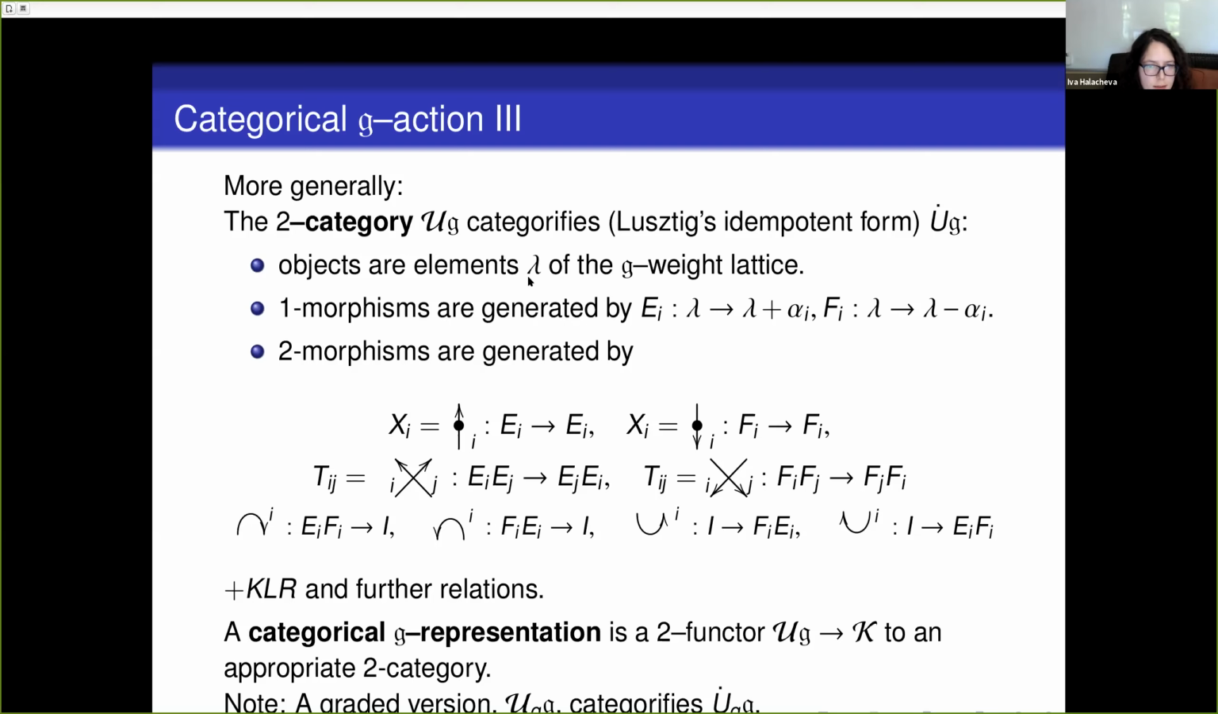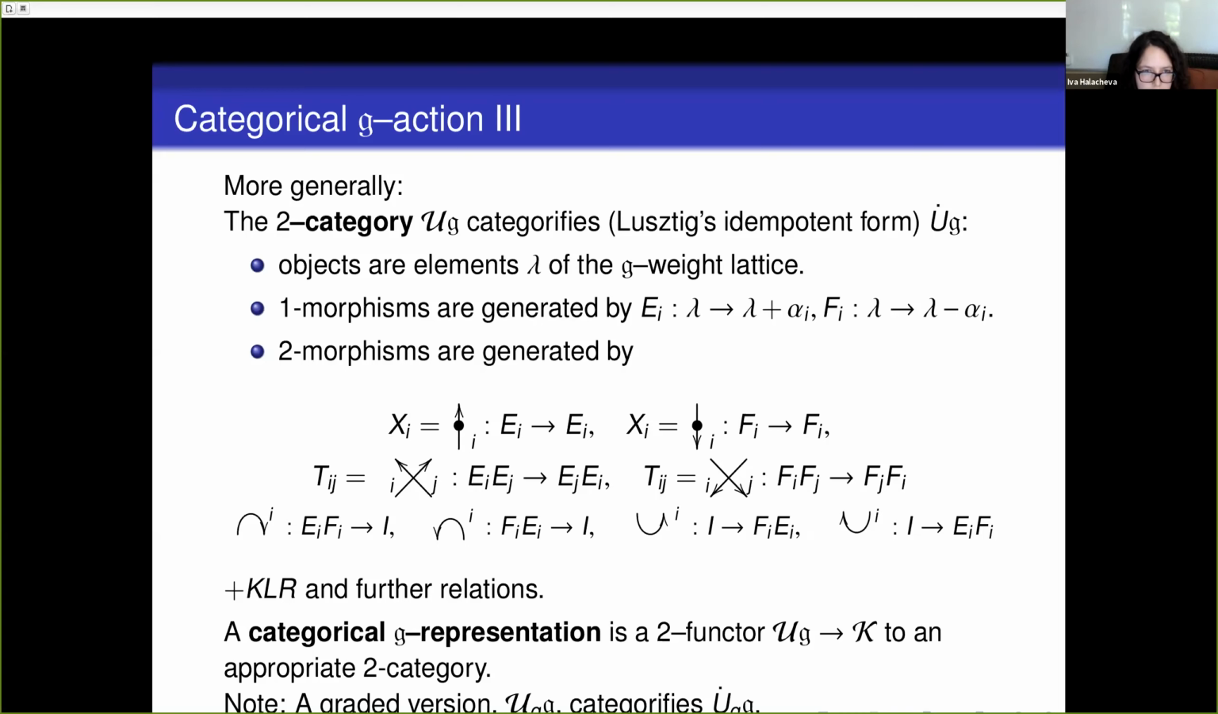which has objects indexed by, or labeled by, the weight lattice for G. One morphisms are going to be the analogs of the raising and lowering operators, and the two morphisms. And there's a very nice graphical calculus for them, and I've stolen these pictures from Joel. So thank you for posting them on the archive. We have these two morphisms, and they have to satisfy certain relations. For instance, the KLR algebra relations for the upward pointing strands, and some further relations,